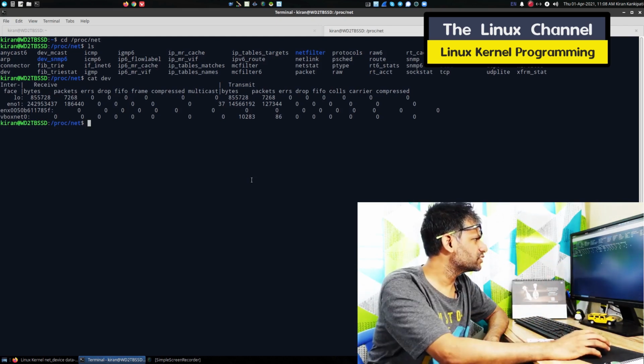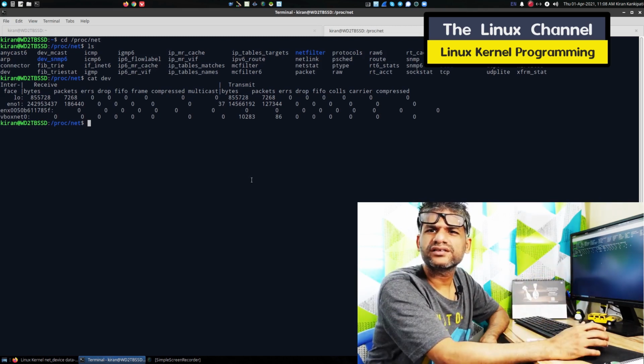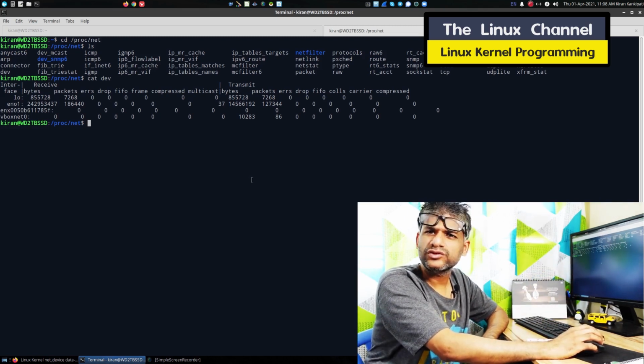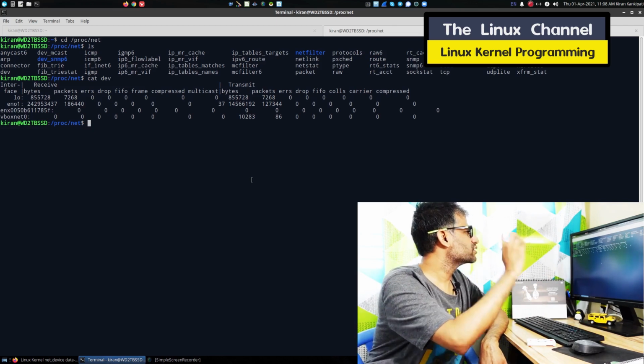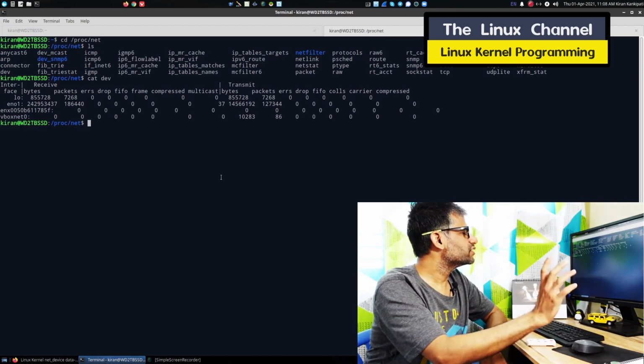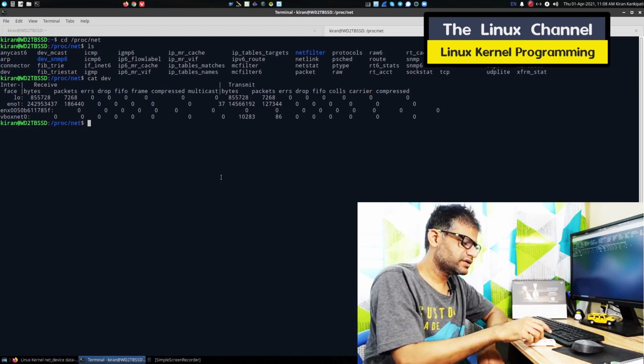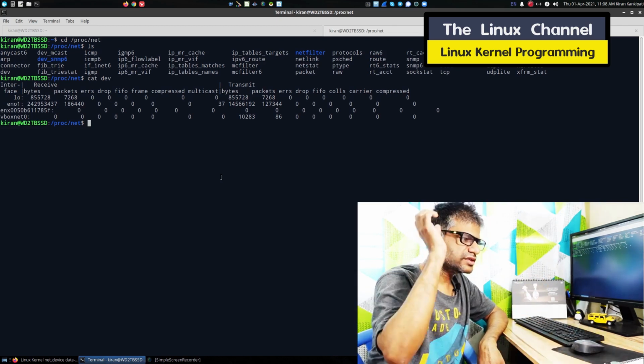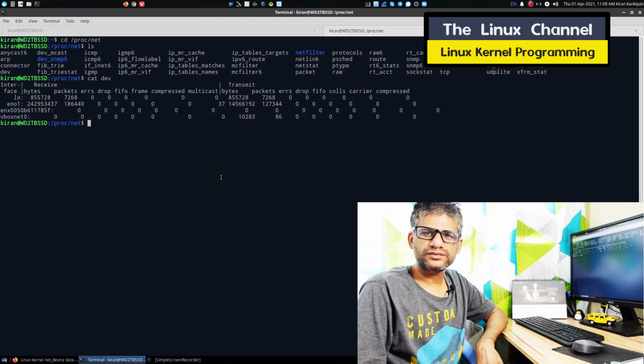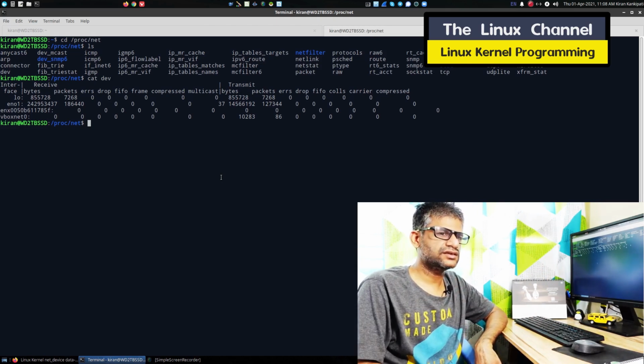Through this you can get them, and of course you can parse and get the desired output. This is how you get the network statistics through the proc interface, coming from the network drivers subsystem of the Linux kernel.